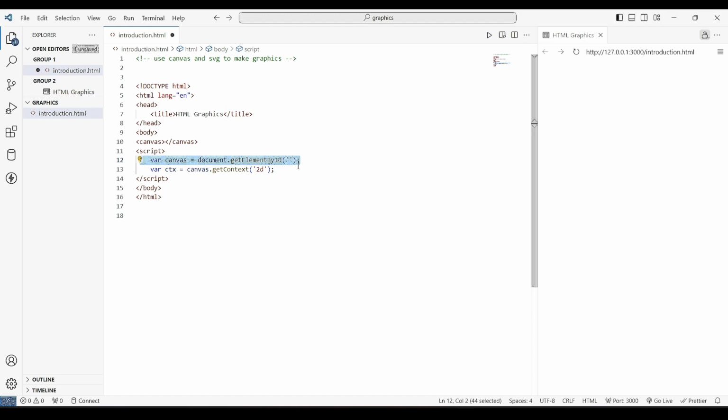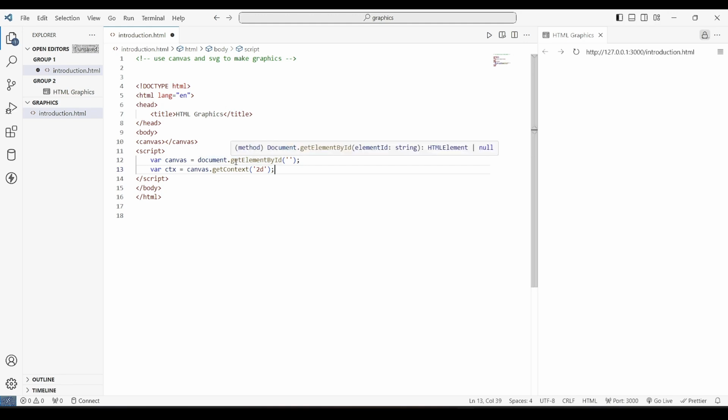DOM is nothing but the Document Object Model, which helps the HTML or XML document to be created as a tree structure. You don't want to get too deep inside this part, we'll just leave it till then. So here you can just understand that this part is basically getting your canvas from the JavaScript DOM,